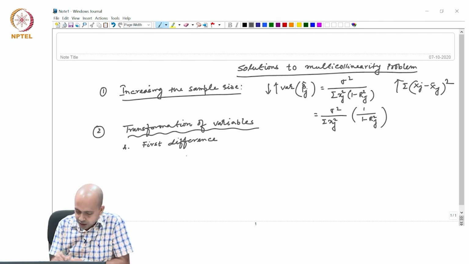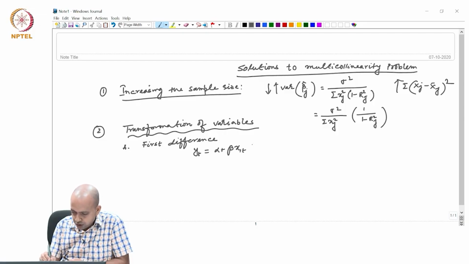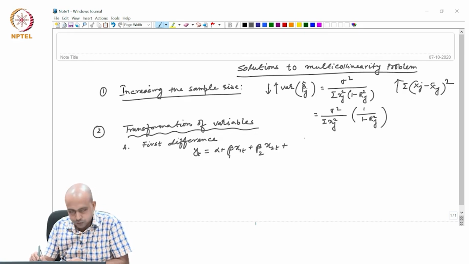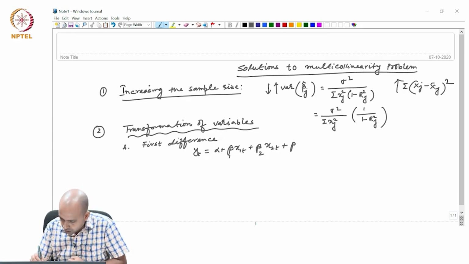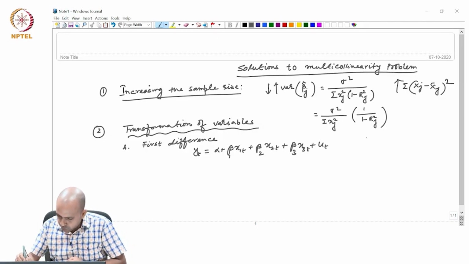Let us say that your model is, with time series data, y t equals alpha plus beta 1 x 1 t plus beta 2 x 2 t plus beta 3 x 3 t plus u t,